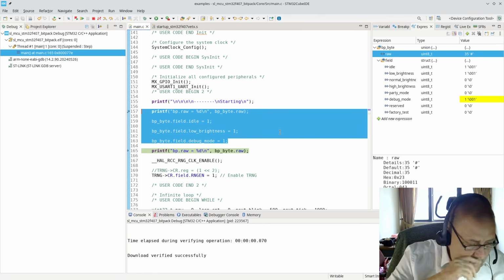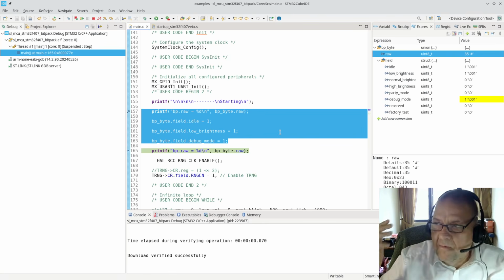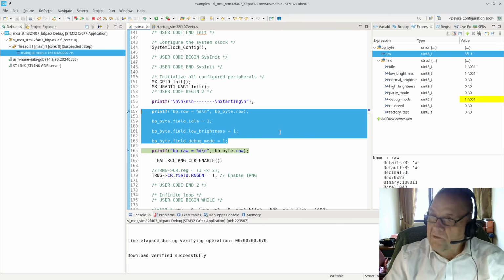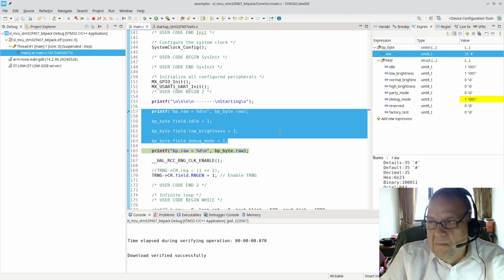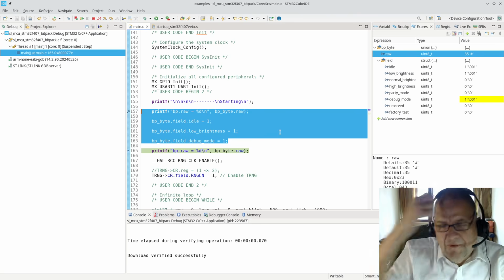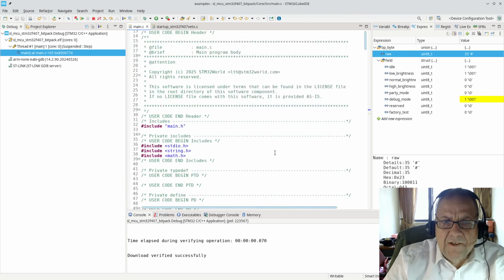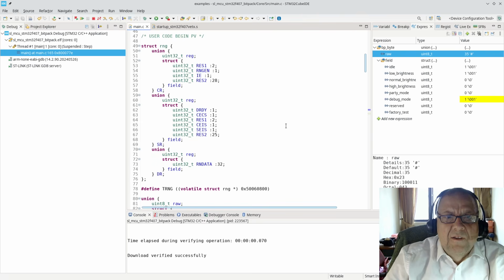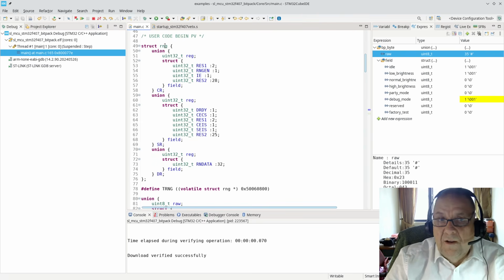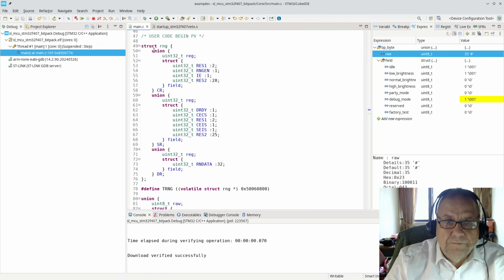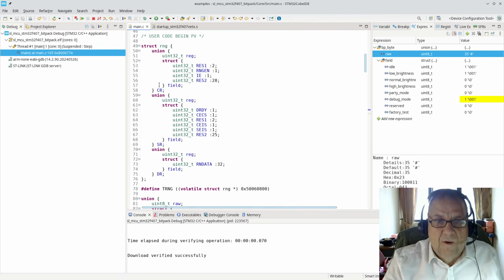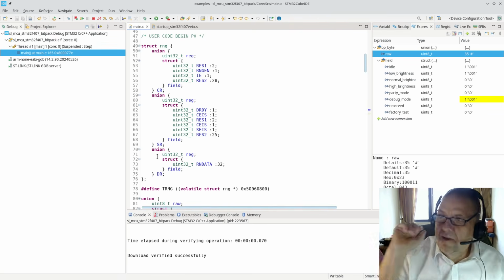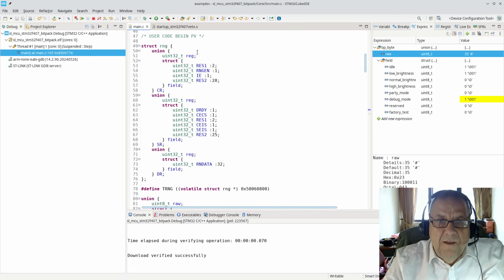Now, why is this important and why is this relevant to what I am about to start in the next video, which is bare metal programming? Well, if you imagine this, you could actually create a structure like this. So I have a struct type that I call RNG. It consists of 3 unions because there were 3 registers, and each of these unions is a 32-bit register,